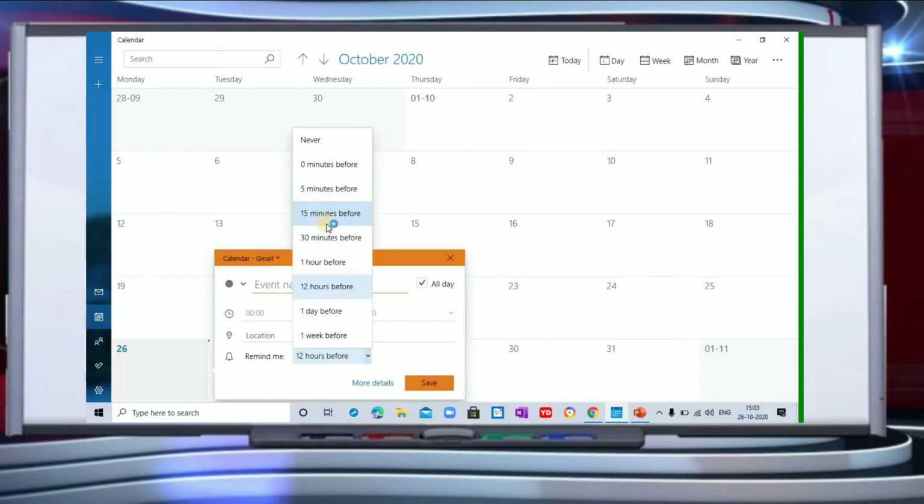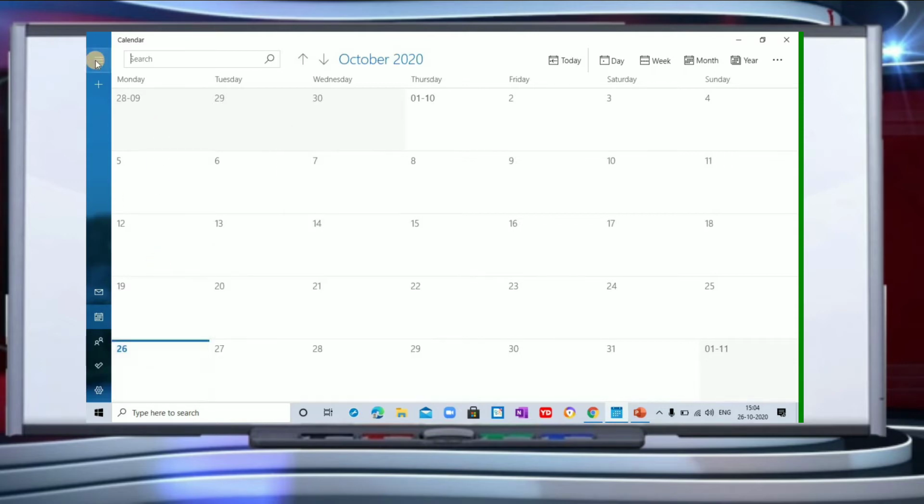So this is how the calendar is to be set. Once you set it, you don't have to do anything. The reminders will go automatically to whomsoever you have to meet, for whom you have scheduled the appointments. Then you can save it also, and it can be for all days, or you can just deselect it so that it is only for 1 day, so you can select that also. So this is how you can schedule your days.